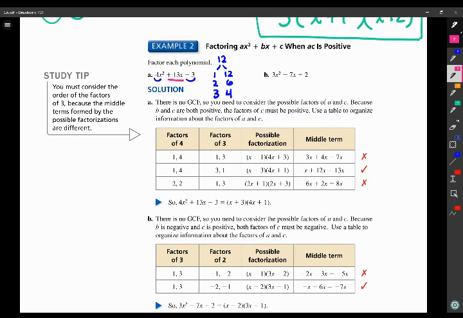So 1 plus 12 is 13, so it's our very first one. And so once I know what my pair is, that's the pair that I want to pick, then I'm going to use a box to factor. So I draw my box,